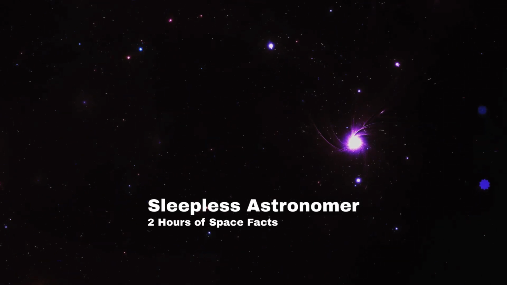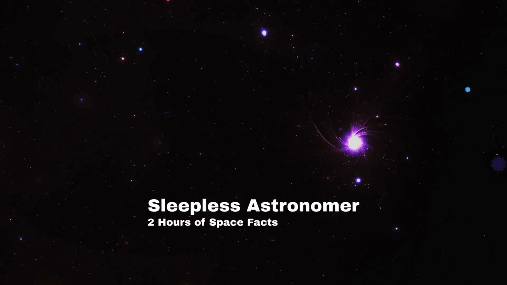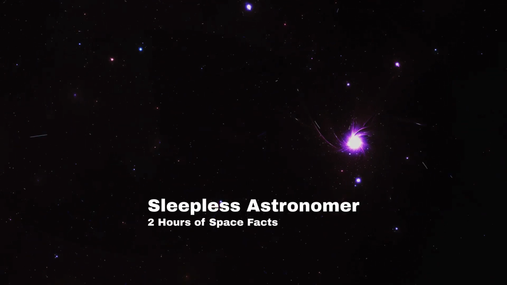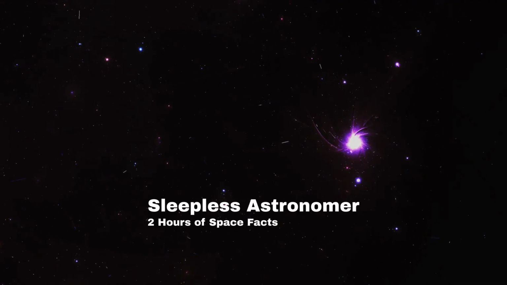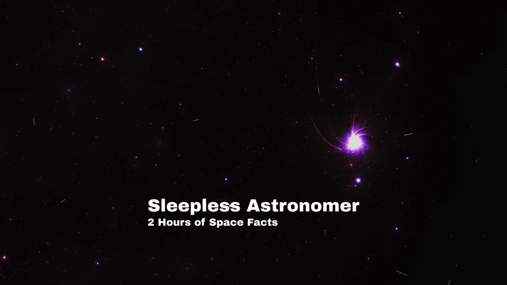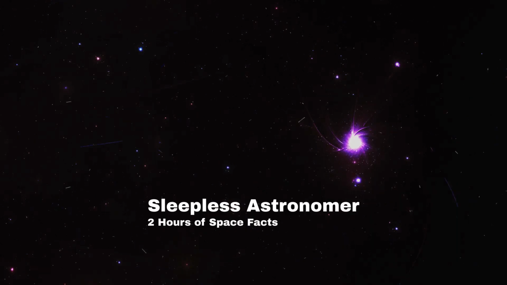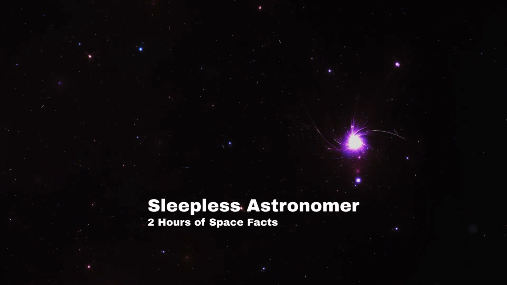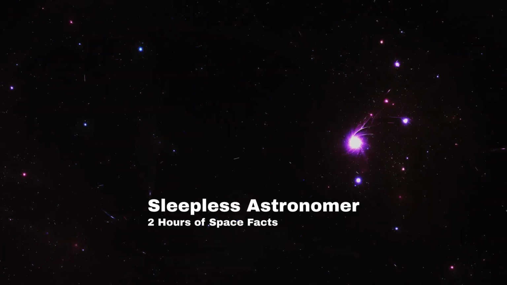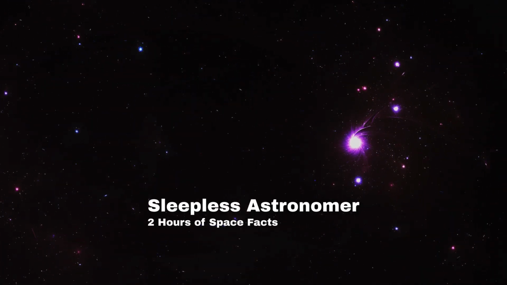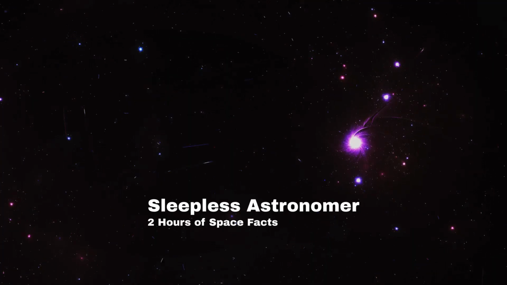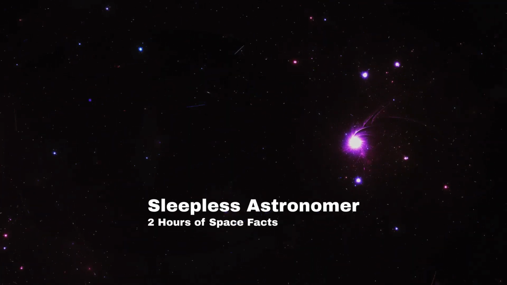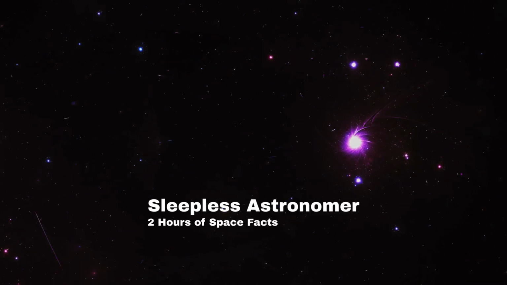evolved on Earth. This simple requirement creates a critical region around every star called the habitable zone, sometimes nicknamed the Goldilocks zone, because conditions there are neither too hot nor too cold, but just right for liquid water to exist on a planet's surface. Understanding this zone and what makes it special reveals both the requirements for life and the astonishing variety of places in the universe where life might possibly emerge.